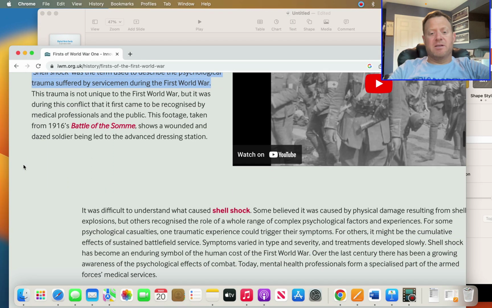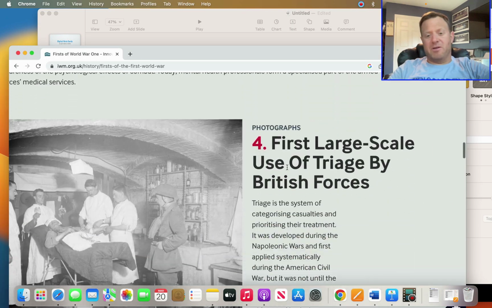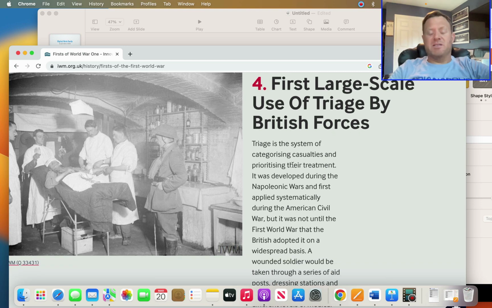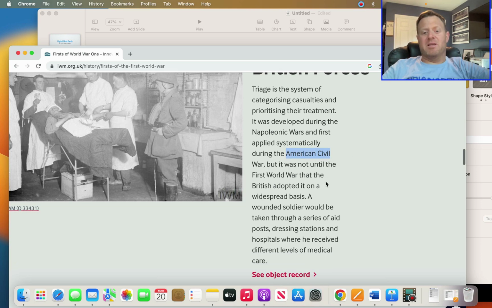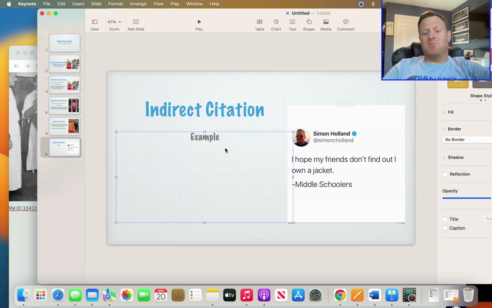So what you're doing is that you're reading. I've already read this, but I learned about the triage system. I know a little bit about triage before I read this, but I learned by reading this that it's a way to systematically help injured soldiers during war and actually during any time of disaster. It started during the Civil War, but in the First World War, the British really figured out how to make it better. So what I'm going to do is I'm not going to use their exact words, but I'm going to